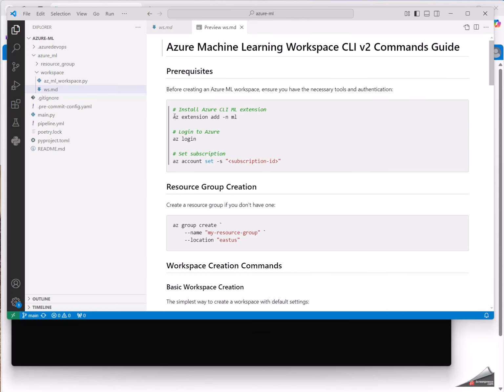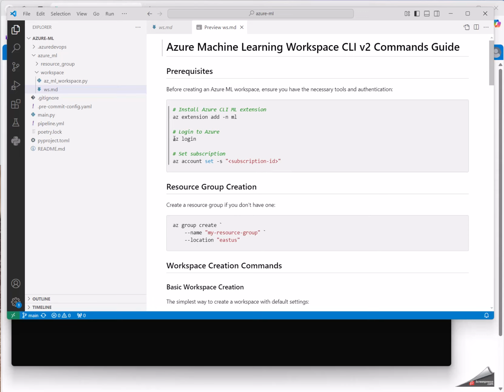And you can see here, of course, you need to download the ML machine learning extension. But this is already covered in the previous video. If you already follow this series or playlist, you won't get stuck in any of these commands.